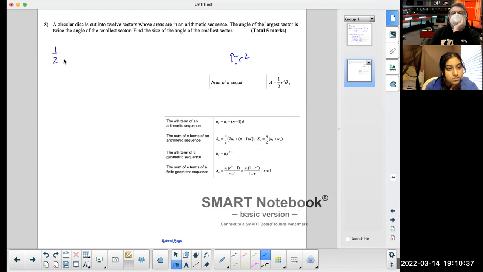One half r squared theta, right, is u sub 1. Do you agree? And u sub 12 is equal to 1/2 r squared 2 theta. Is that fair? Right? Because it's double. Okay. And so